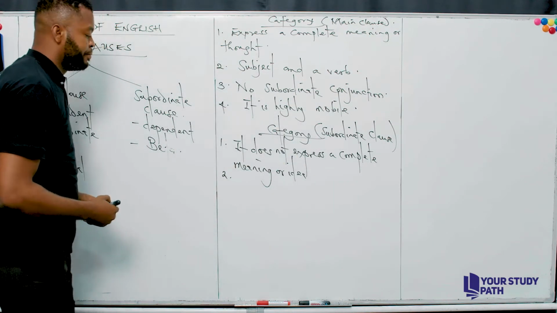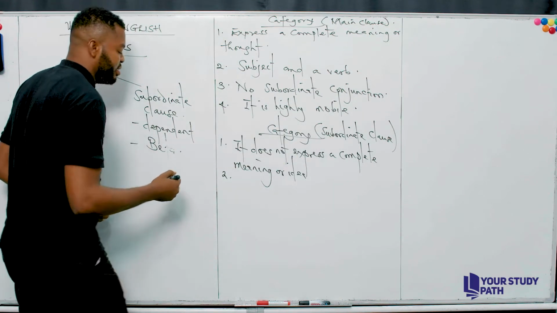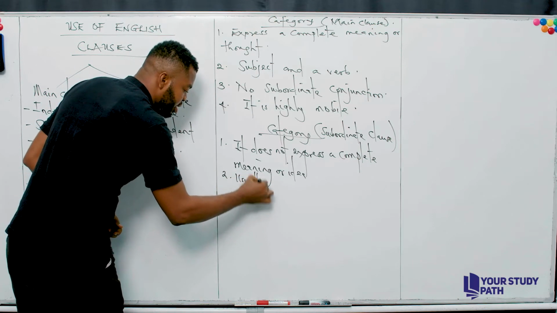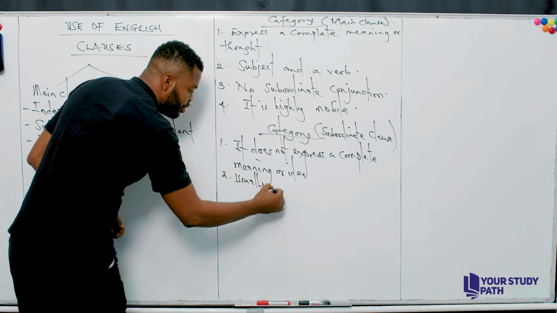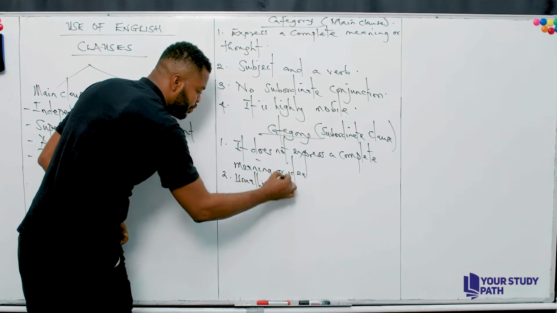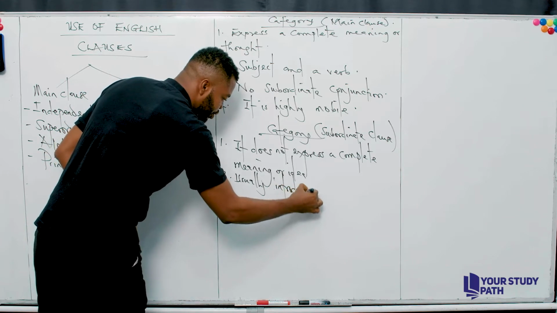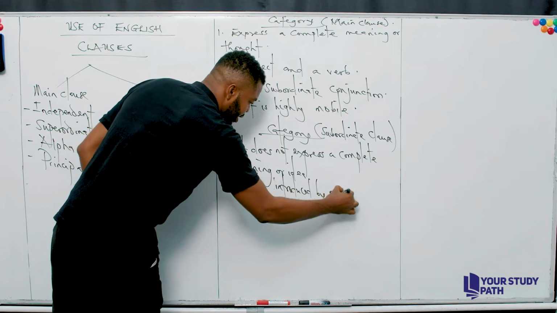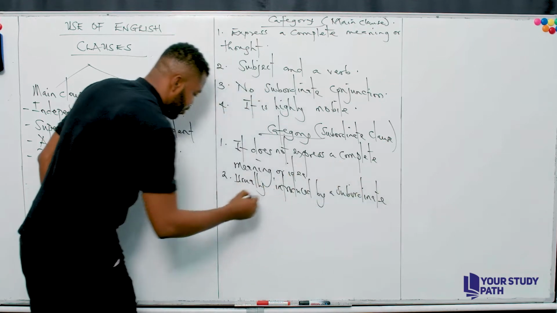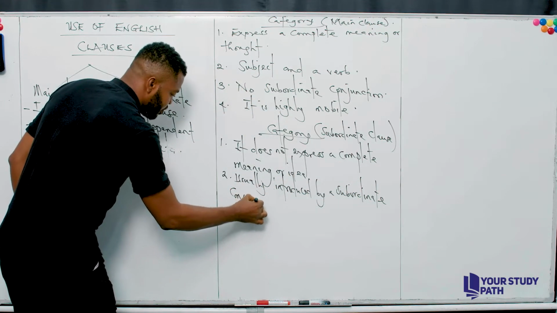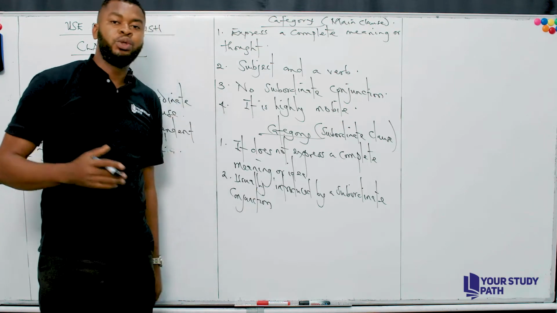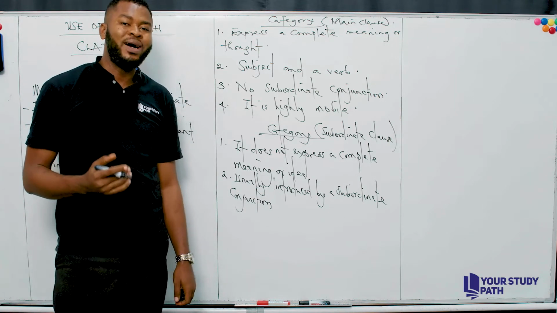Another thing is that it is usually introduced by a subordinate conjunction. So if you want to identify a subordinate clause in a sentence, it is mostly introduced by a